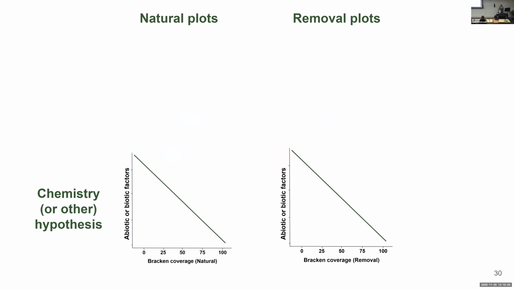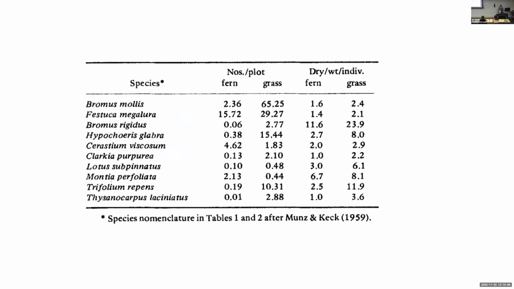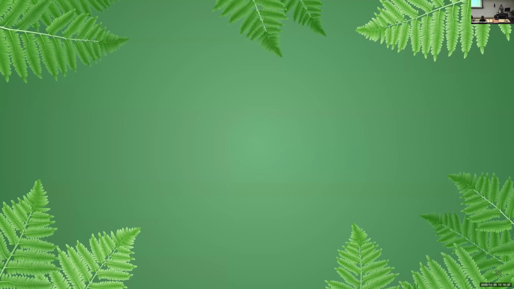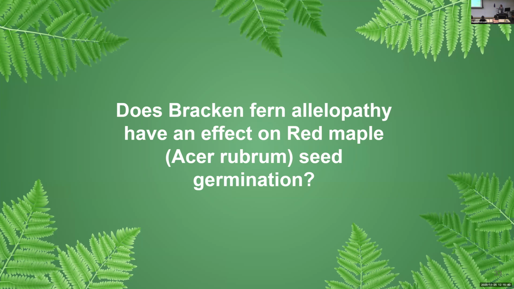And this has also been something that has been studied. In California in 1976, ecologist Gleason did this study where he planted all of these species in plots with bracken fern and in plots with grass. And as you can see, the plots with bracken fern had significantly lower dry weight than the plots with grass. He also repeated the study in Oregon and found very similar results, where plots with bracken fern had little to no dry weight versus the control plots, which had significantly more dry weight with other species growing in them. So with this, it led us to ask the question,